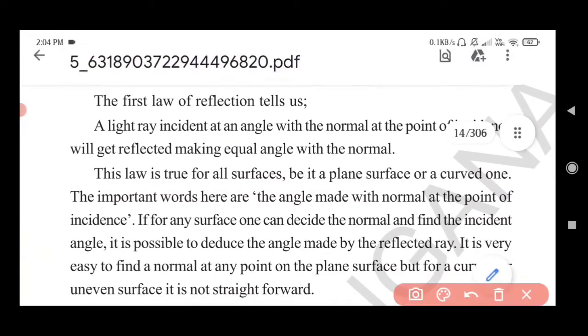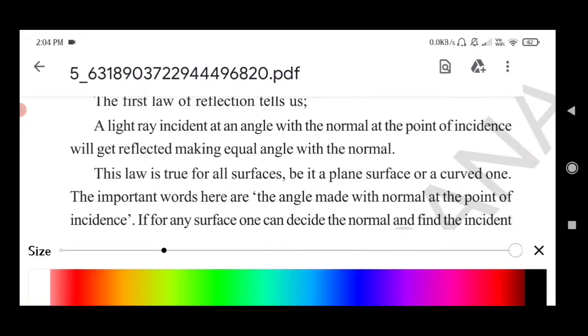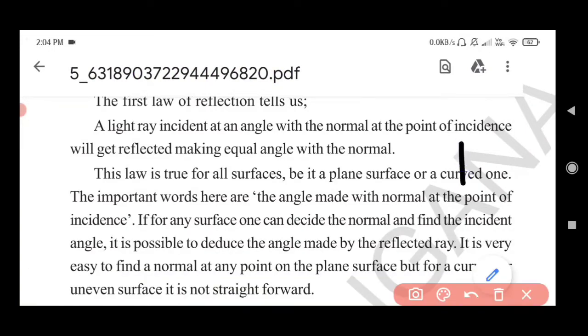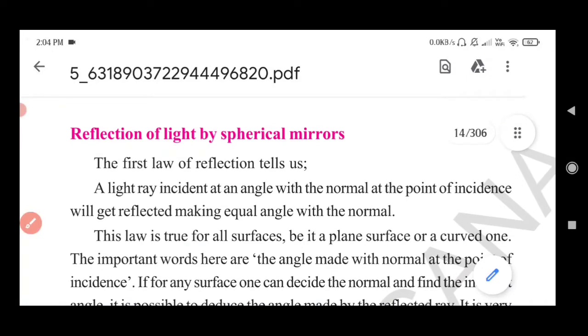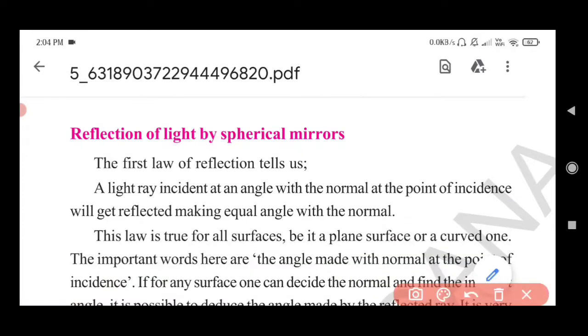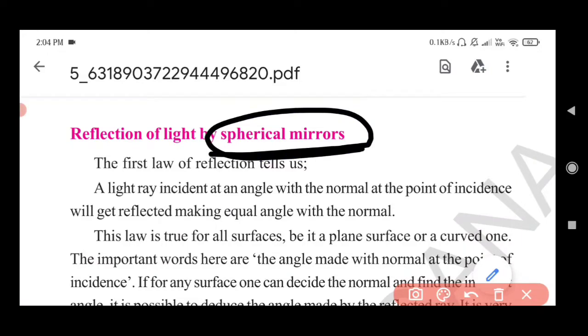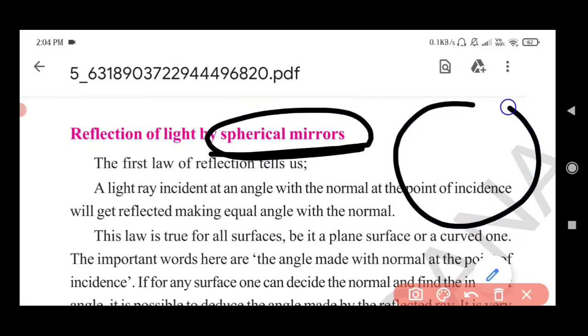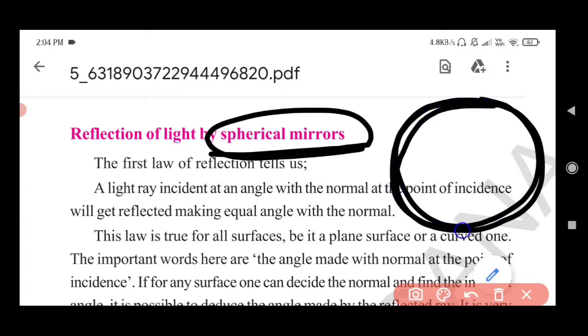Okay, reflection of light by spherical mirrors. So you know what spherical mirrors are. I think I should repeat it because some of you might not get that, because I got into so much flow. So let me explain what a spherical mirror is. A spherical mirror is basically like this. So this is the whole ball-like mirror. Imagine that the ball is not made of rubber, it is made of glass, it's made of a mirror. So this is called a spherical mirror.